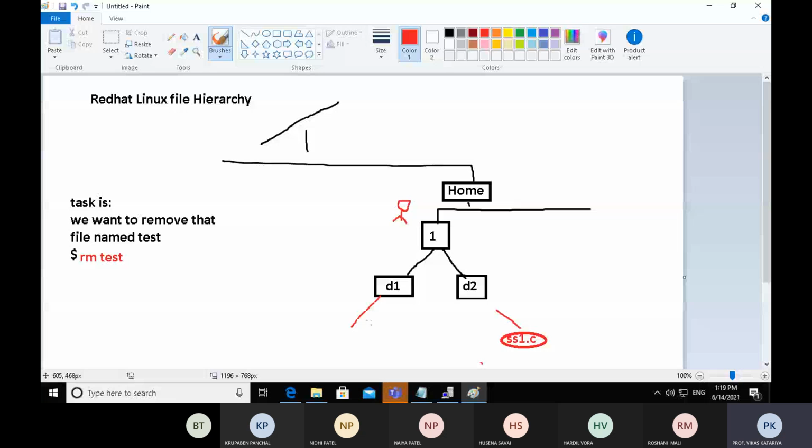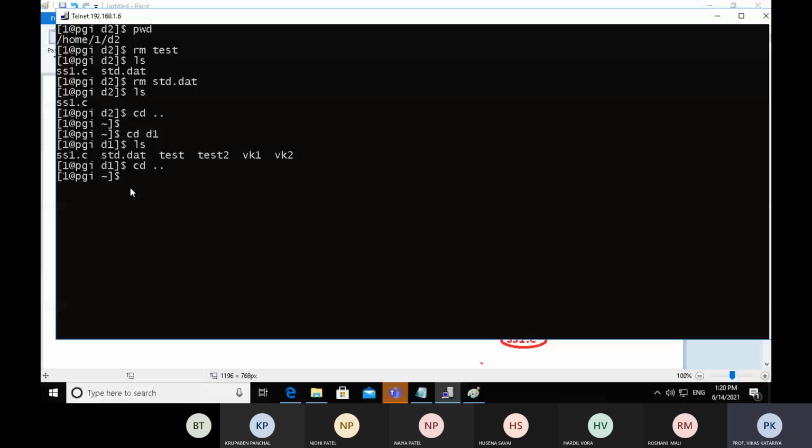Suppose we run the ls command. There is a file ss1.c, student.date, test2, vk1, vk2. So test is from the d1 directory.